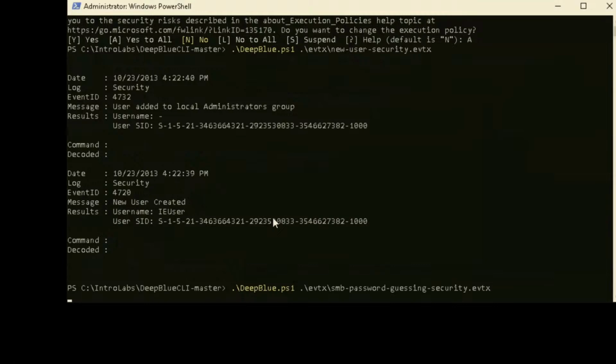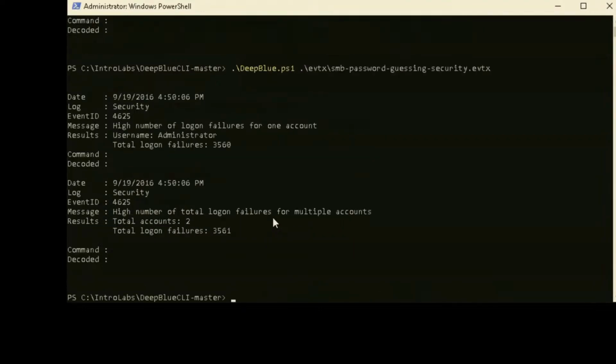Now, password guessing is fundamentally different than password spraying. Password guessing is where I attempt to gain access to a single user account by rotating through thousands, maybe even millions of potential passwords, right? Now, in many environments, it's very, very difficult to do this. Just spend a couple of seconds. What would be some of the reasons why this would be very difficult to do? Just think it through, right? Yeah, account lockout. In many environments, if I have 3, 5, possibly 10 failed login attempts, it's going to lock that account out. Now, in this particular situation, we don't have to worry about that because we're going after the